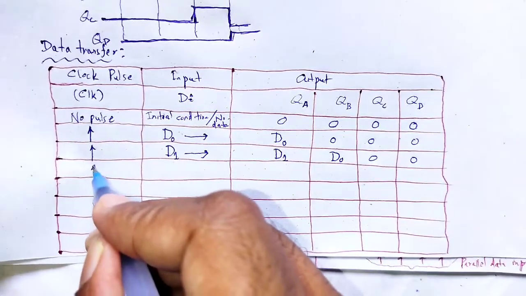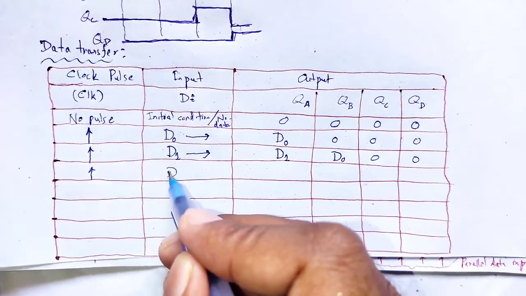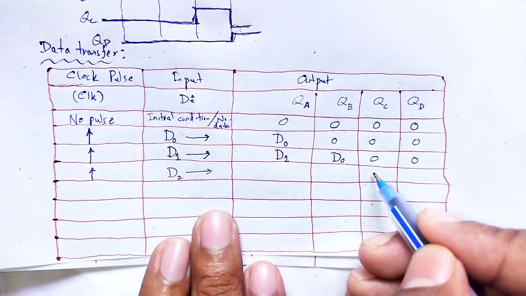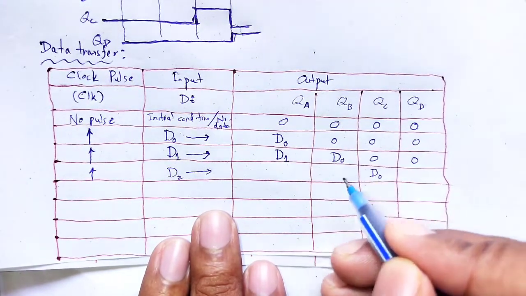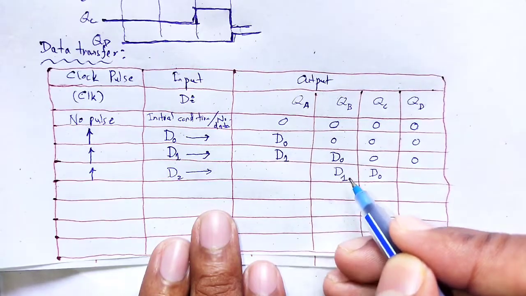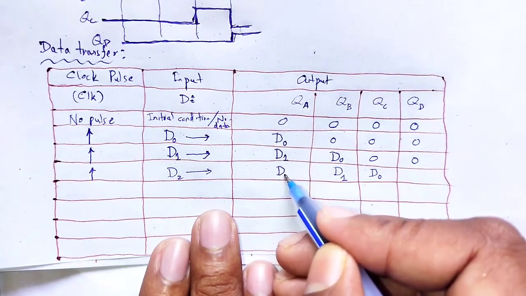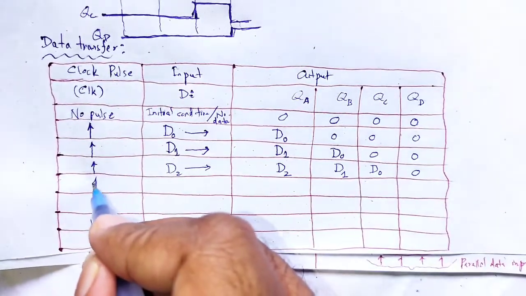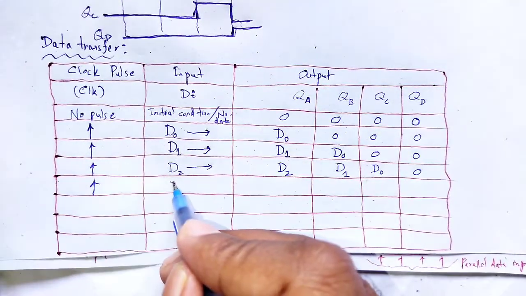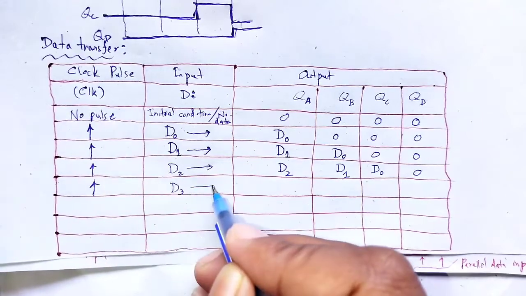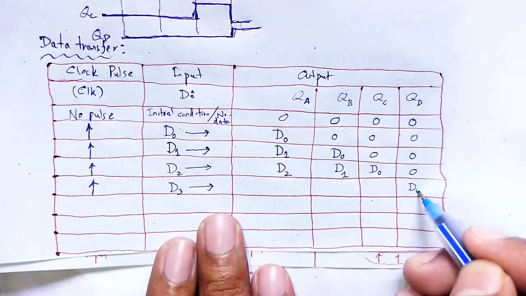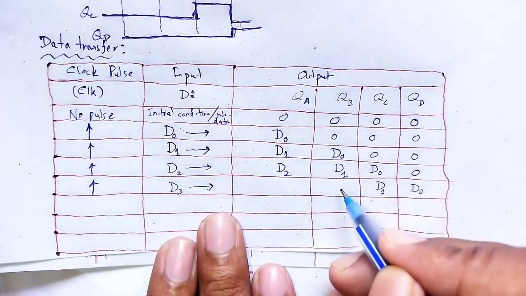Next pulse is applied, input D2, again D0 is shifted, D1 is shifted, and D2 enters, the rest are 0. Another pulse is applied, input D3, shifted D0, D1,